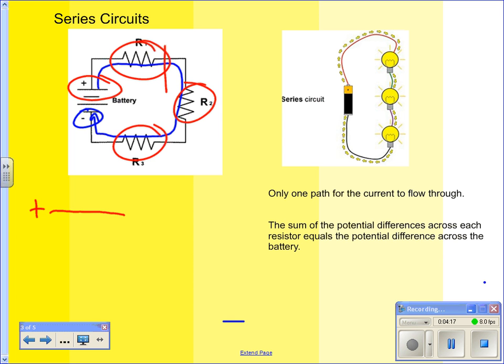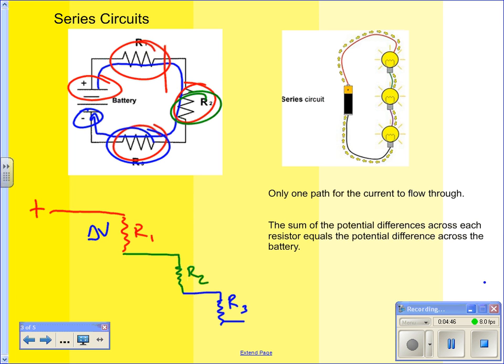So this could be R1, drops one height. And then R2, which is this one, drops another height. And then finally R3, which is this one, drops the next height. So what we notice is, if we think about the heights, the potential difference across each one of these, we call that delta V, and this is when we use the word voltage. The voltage is the potential difference across R1, the voltage across R2, and the voltage across R3